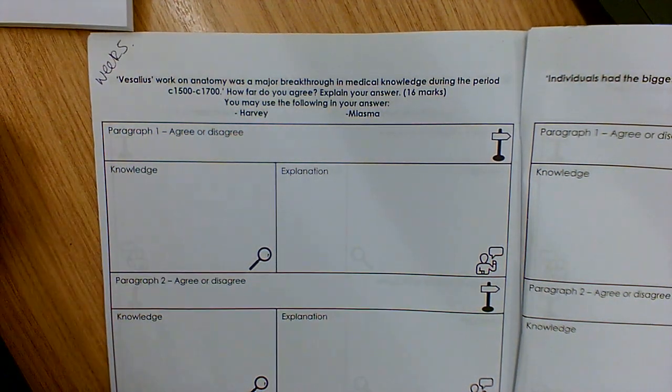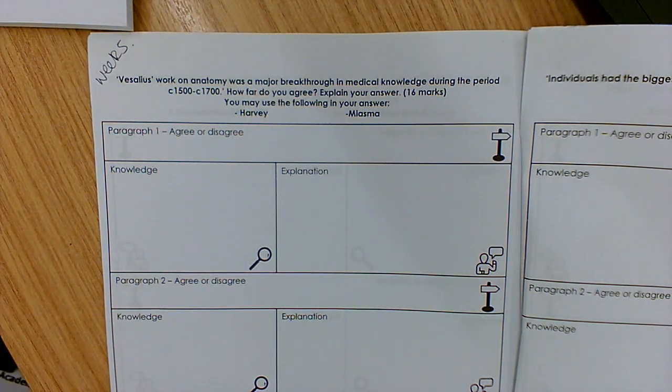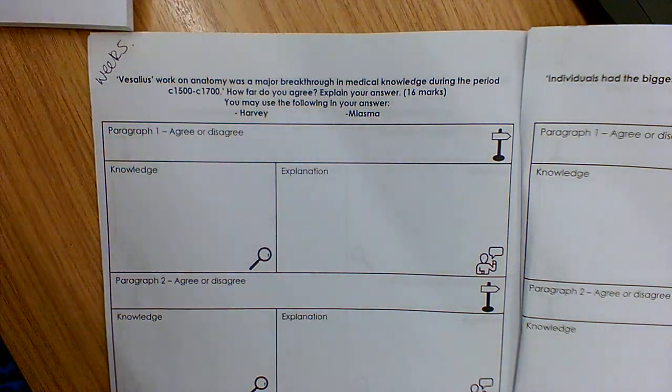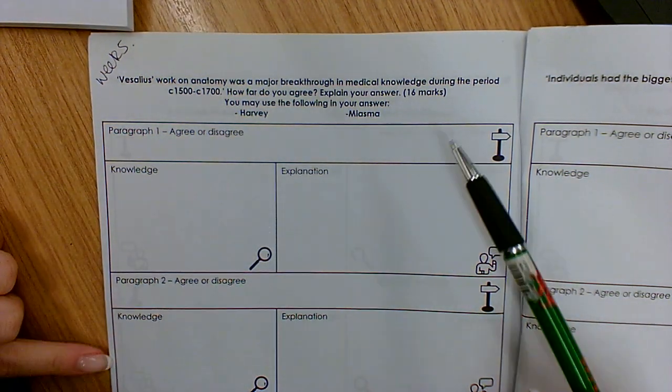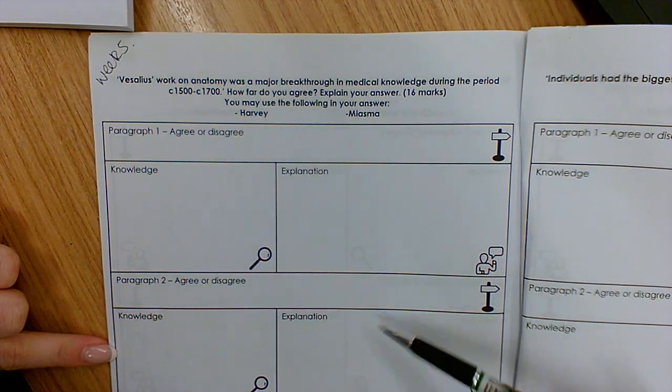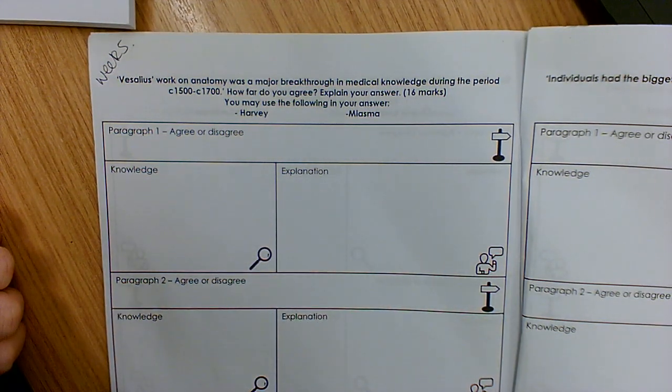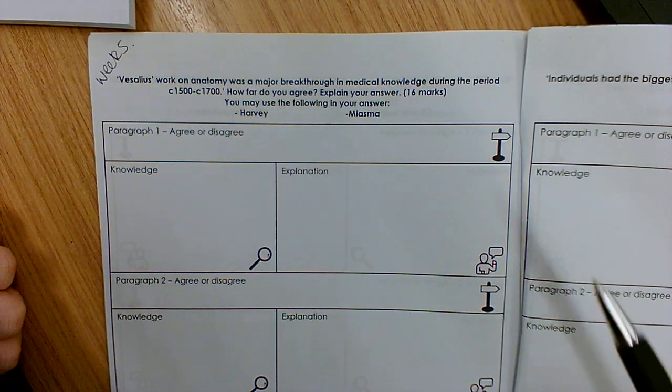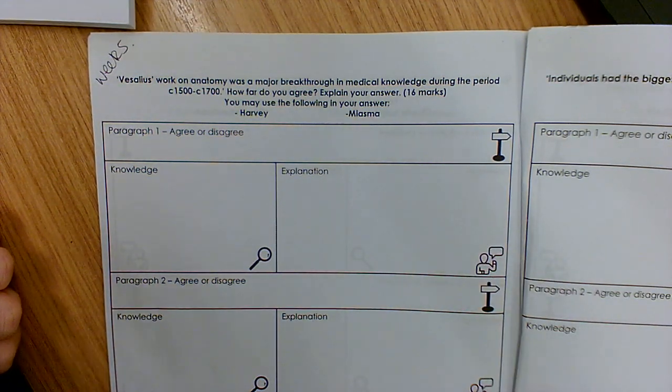Okay, so I'm going to break down the question in the same way as I did the other week, just to help you with planning this answer for your homework. Now, just to be clear, I'm going to break apart the question, I'm going to plan the first paragraph. You need to do the other two paragraphs and give an idea of what you would write in the conclusion. It's not just a case of copying down what I write.